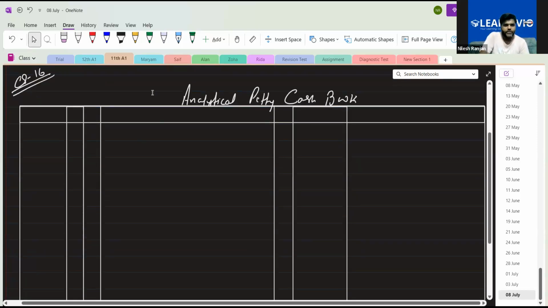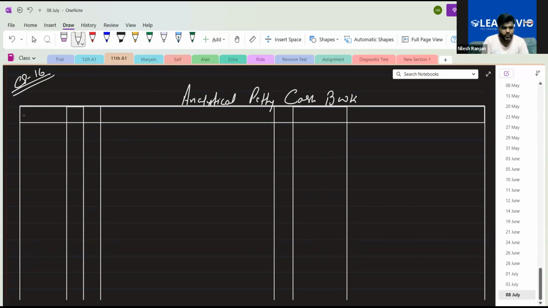Okay, so this is our format. Now, the first column is amount received. Then it is LF, the cash book folio. Then here voucher number and amount. This is particular. So in the beginning,